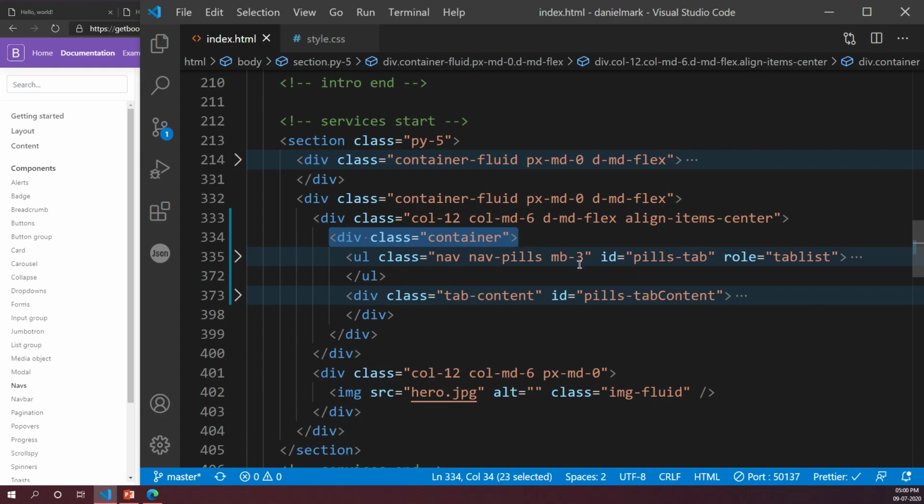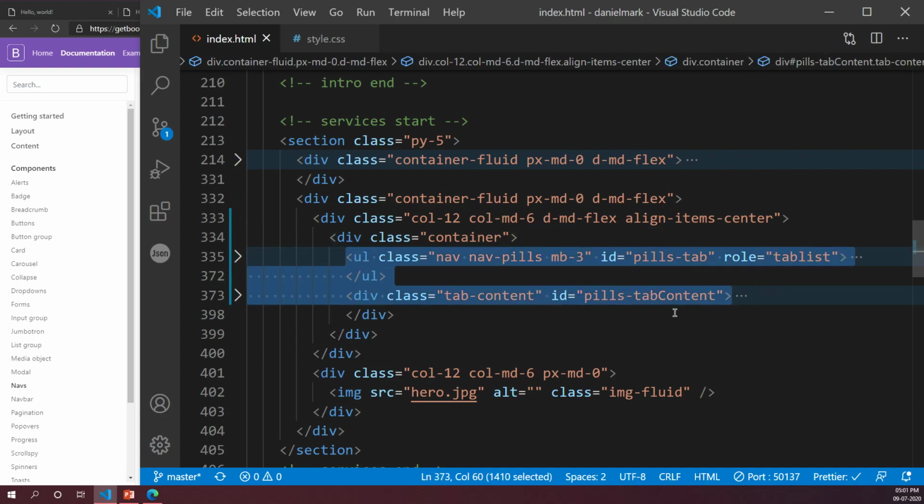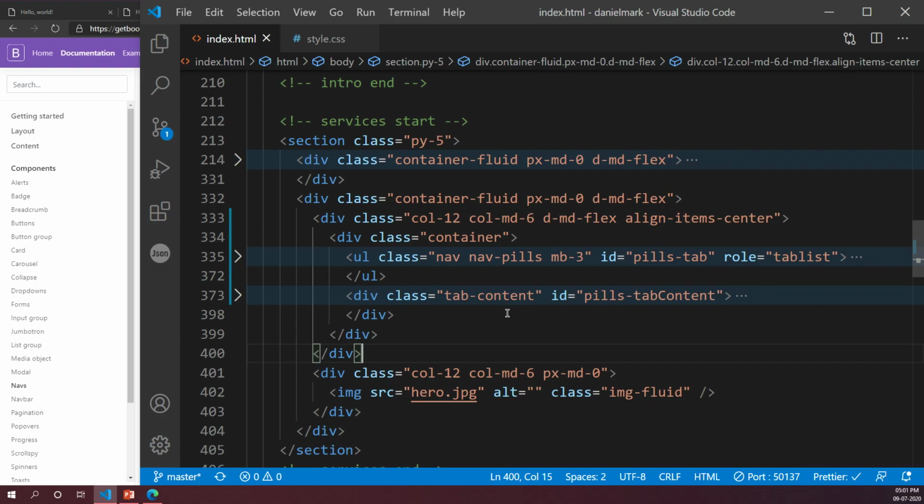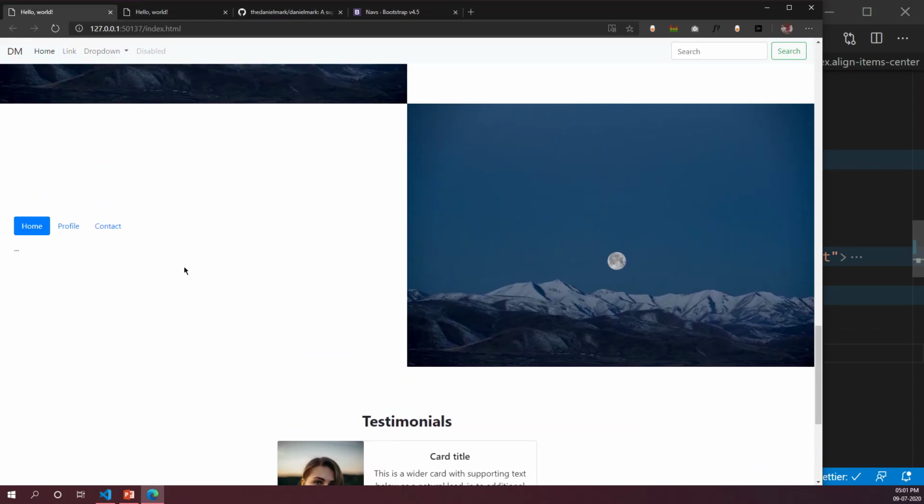There should be an accordion inside here, right? Delete the accordion first, and then create a container. Just delete the entire accordion. Make a container. Inside the container, paste the thing that you just copied from Bootstrap, right? Just paste it in there. Once you've done that, this should be vertically centered. Okay. Done.